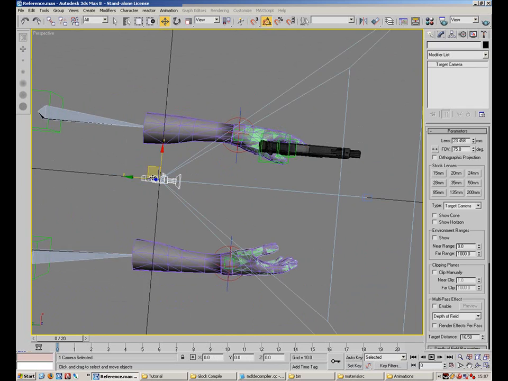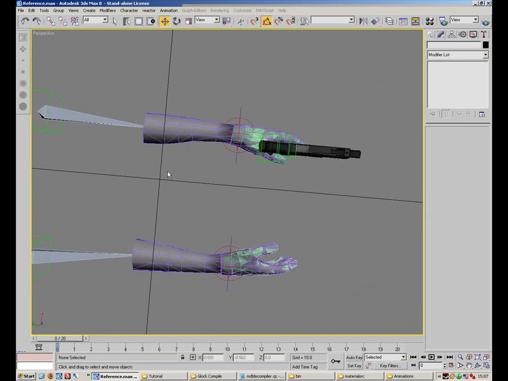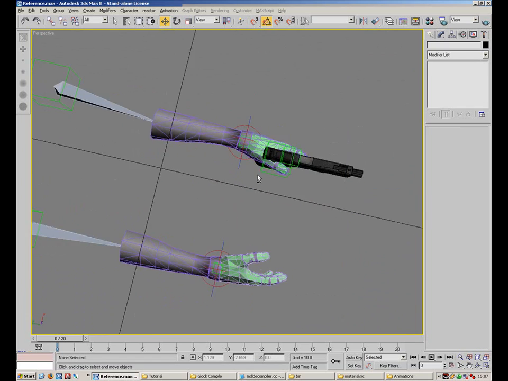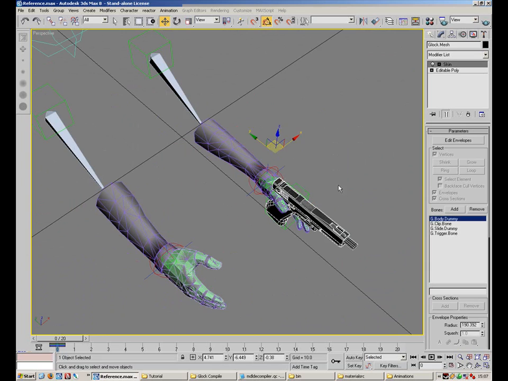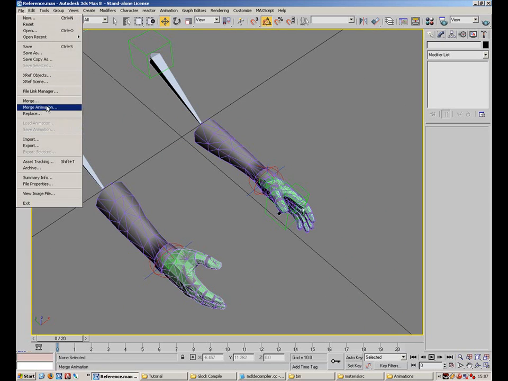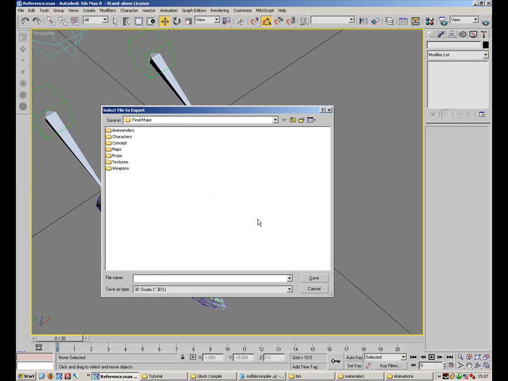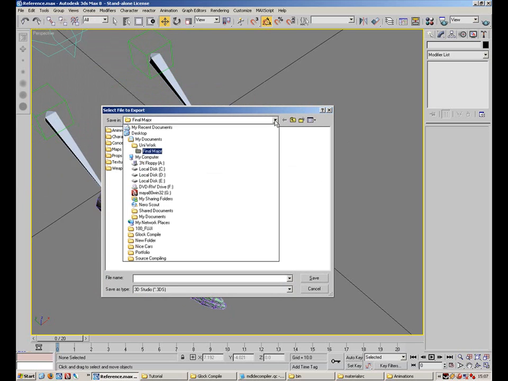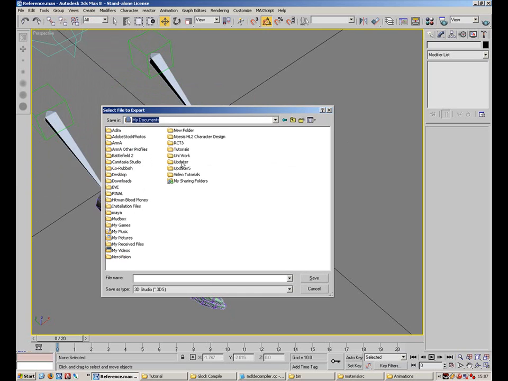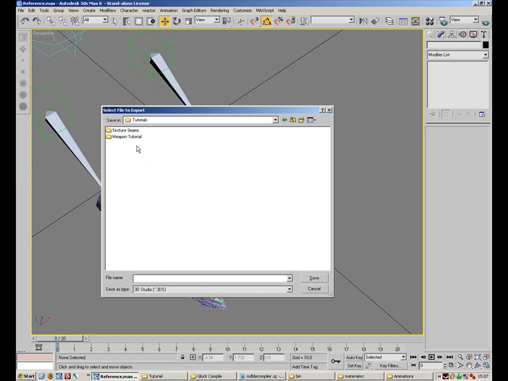First of all, I'm going to delete the camera there. So the first one is going to be for the arms. So we're just going to select the gun mesh, hit delete, and then go to file, export. We want to keep all of these SMD files together, by the way. Got to find a nice little spot to put them in. I do believe I've made one. Weapon tutorial, weapon animation,